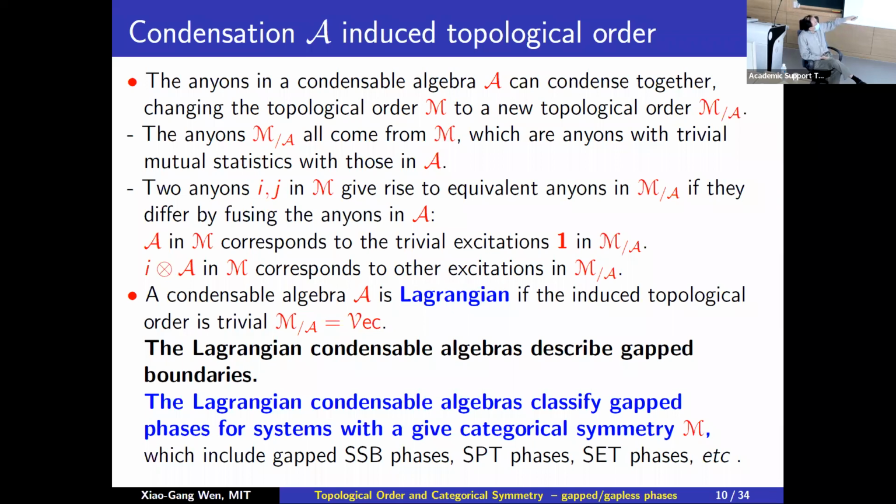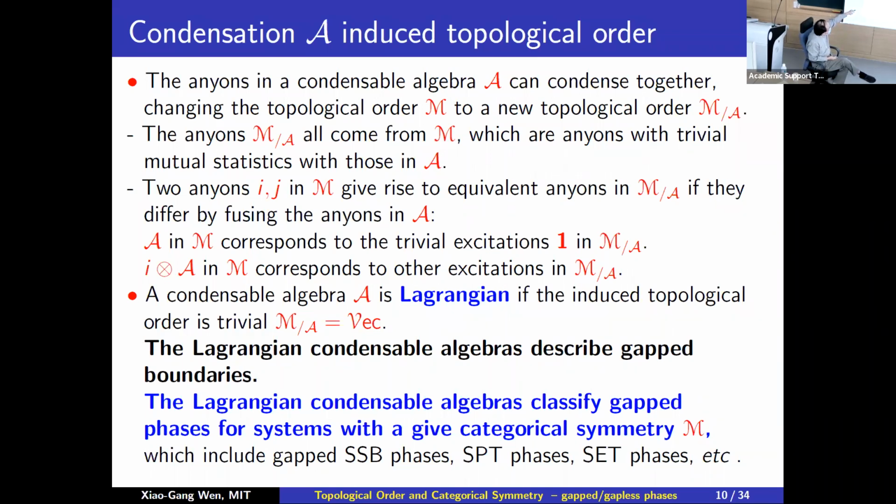And also, if two original anyons differ by some anyon in A, then they are really equivalent because A condenses. So whatever in A is all really trivial. If i and j differ by A, they are the same. So there's a reduction. So that's why this M/A quotient, something like that, is coming from there. So this anyon condensation is pretty complicated, but this is a rough idea how the induced topology is